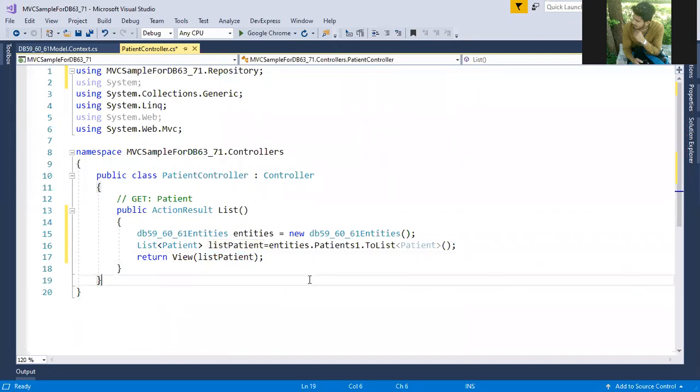But what is the name of the view? What must be the name of the view? Any guess? If you guess, please type.